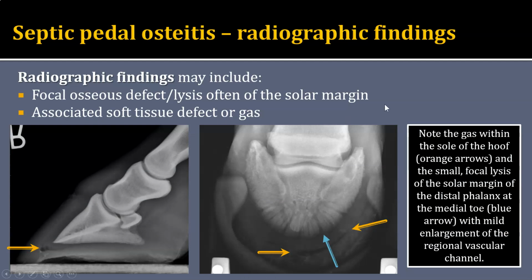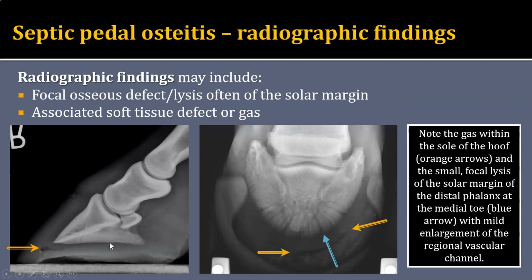I want to remind you about septic pedal osteitis, which we did discuss in the presentation on osteomyelitis. I will briefly show an example again in this presentation, and I do need you to be able to make this radiographic diagnosis. If you recall, septic pedal osteitis is usually secondary to penetration of the sole or a sole abscess. And so in comparison to the more diffuse findings with diffuse pedal osteitis, we're going to look for a focal osseous defect or lysis along that solar margin, and then hopefully might be able to identify an associated soft tissue defect or